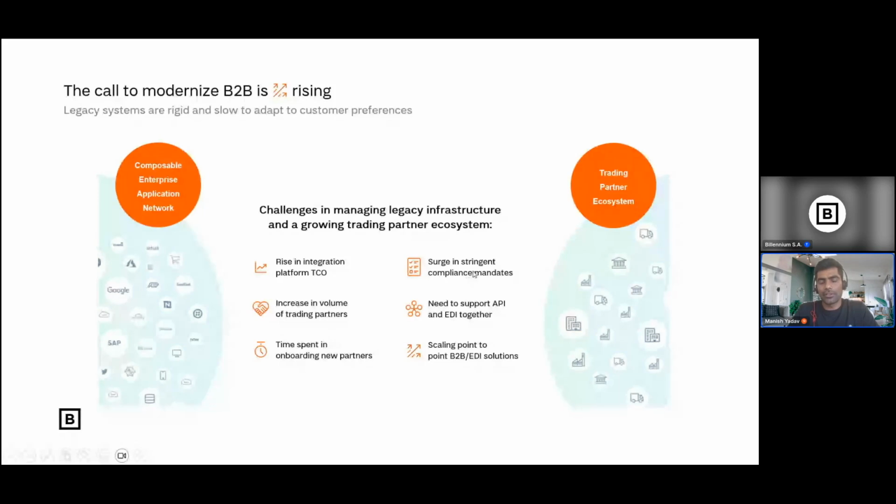You want to launch a product and onboard a partner who has a compliance mandate, like wanting the data to stay inside the European region. Those are the challenges B2B organizations are currently facing.